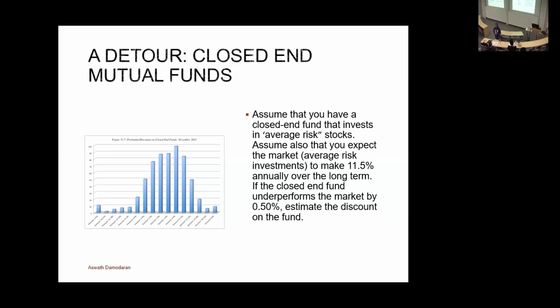Let's say you run a closed-end fund. You make about 11% return. You expect to make 11% return. But let's say, given your risk, you should be making 11.5%. You're earning 0.5% less than you should. Am I being unfair to you? Remember, the average active money manager underperformed the market by 1 to 1.5%. So I'm actually putting you in the top third of money managers.